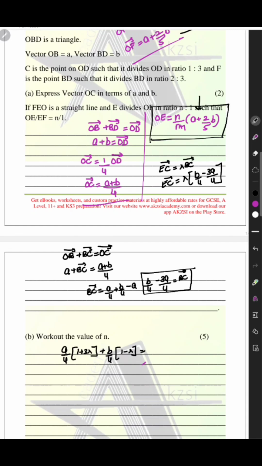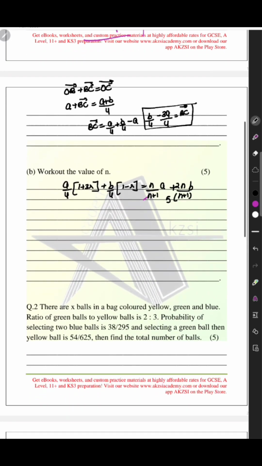let me simplify this one. So n by n plus 1 A plus n times n plus 1, 2 times 5 B. Now we have two different constants, lambda and n. But the equation is one, you just have to compare A and A, compare B and B. So I'm just comparing A and A together like this. So this will give me